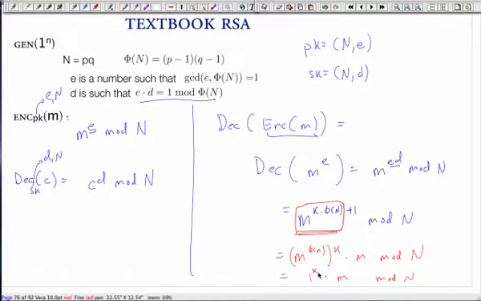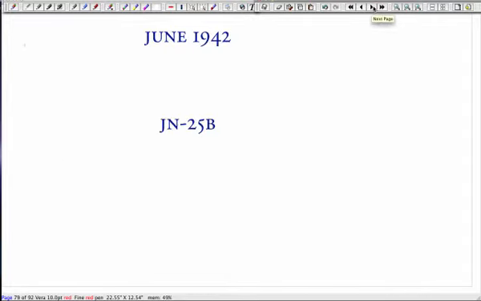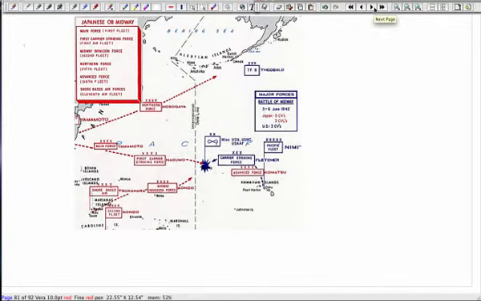In fact, in the longer version of this lecture, I wish I would have finished, we would have gone through an example of what this RSA scheme is. But what I want to point out, another anecdote here, is the Battle of Midway, which was a turning point in World War II. Here was the critical fact of this. The Japanese fleet was going to attack some island in the South Pacific, and they didn't know which one it was.